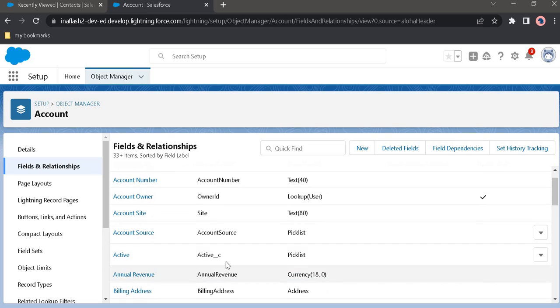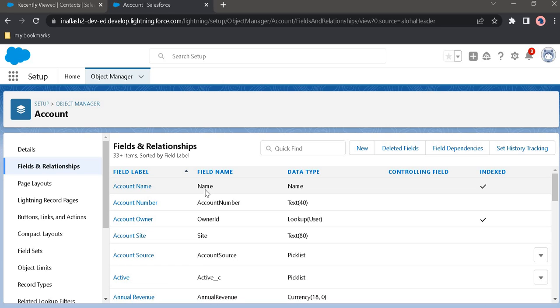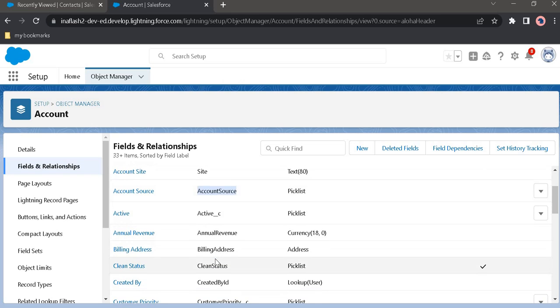How do you understand? You get to understand from __c. If the __c is present at the end of any API name, you have to understand that this is custom, this is not standard. For standard fields, you always get the API name without __c.